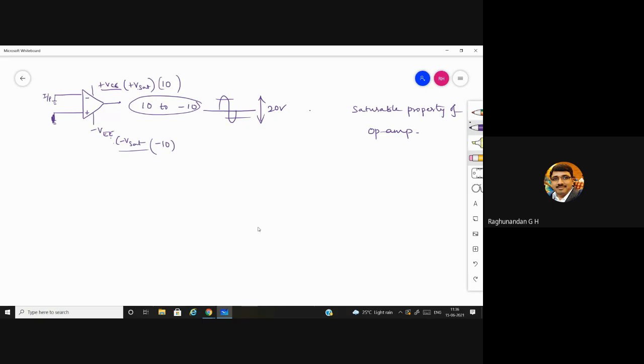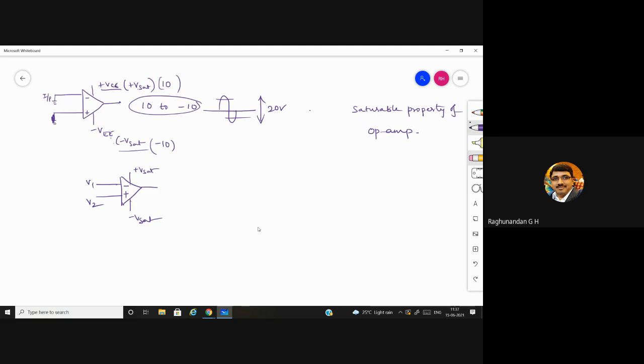So after this, ideally inside this op-amp, if you take a differential op-amp, where we have minus, plus, and this is V1, V2. This is a differential op-amp. This one we call a non-inverting op-amp because input was given to the non-inverting terminal and the negative was grounded. But when it comes to this case,